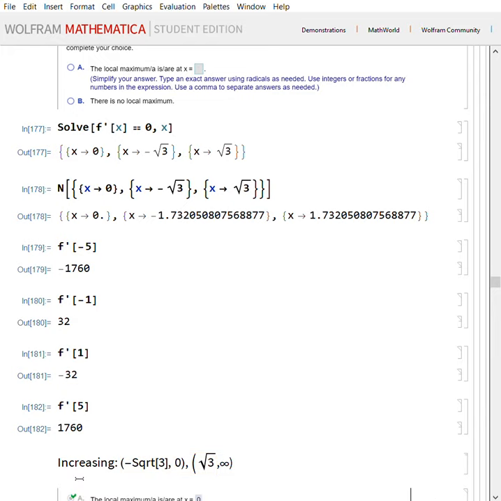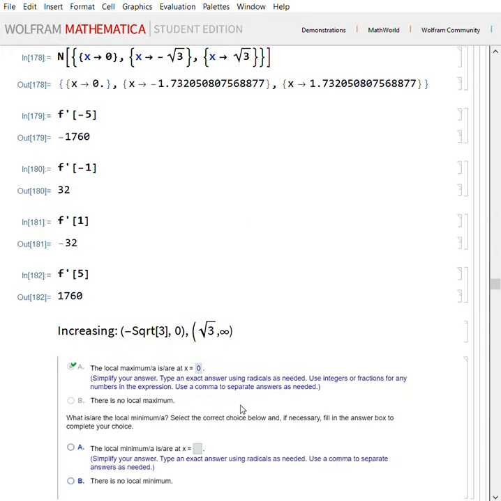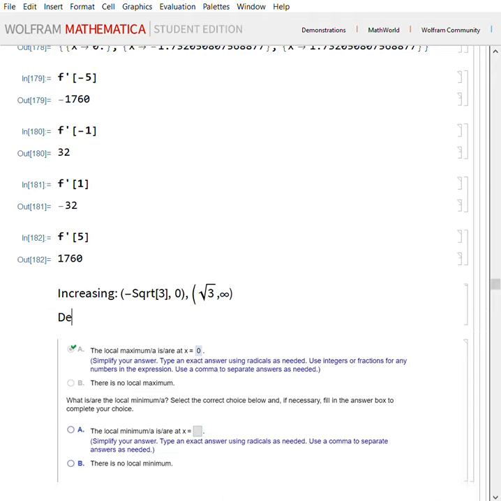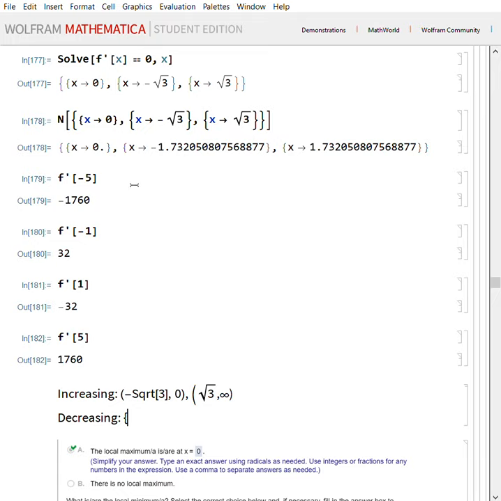Let's screenshot that. Now they want the minimum, so let's do the decreasing intervals. Okay, let's just do it here. Decreasing is from negative infinity, because as you see at negative 5 before our first critical point, f prime was negative. So from negative infinity to negative